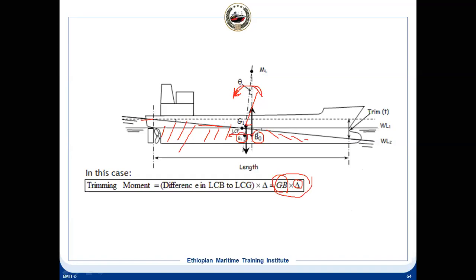And once it is moving in this direction, at one point it will come to here and it will be in equilibrium, and that is how much trim will change in the aft actually. So we can find out the trimming moment by this also for the longitudinal stability. You can easily correlate it with your transverse stability. There also, if G has shifted, then it will come to an equilibrium position. So B, G, M will be in the same vertical line and it will remain at that point. So there it is heel, here it is trim.